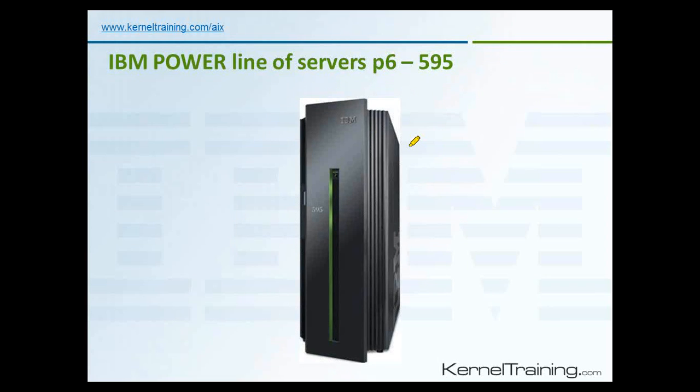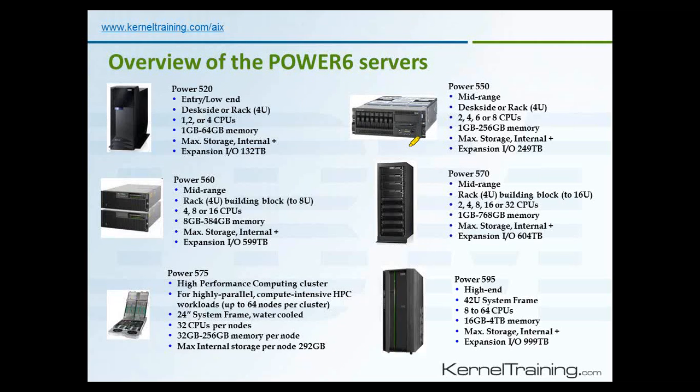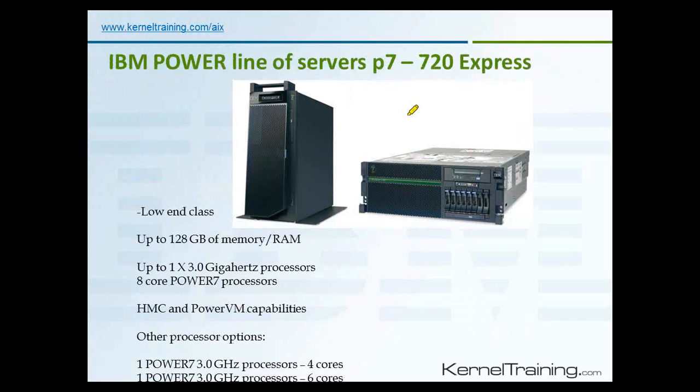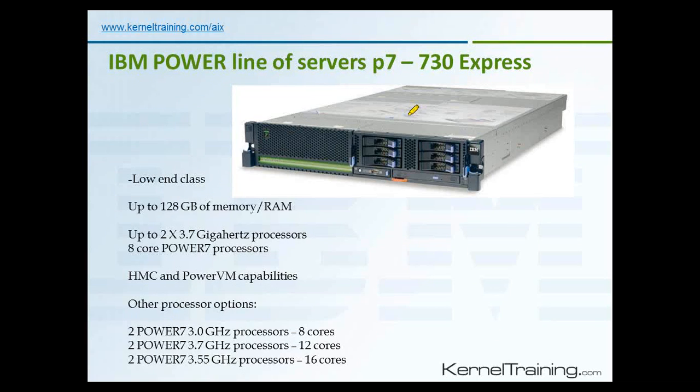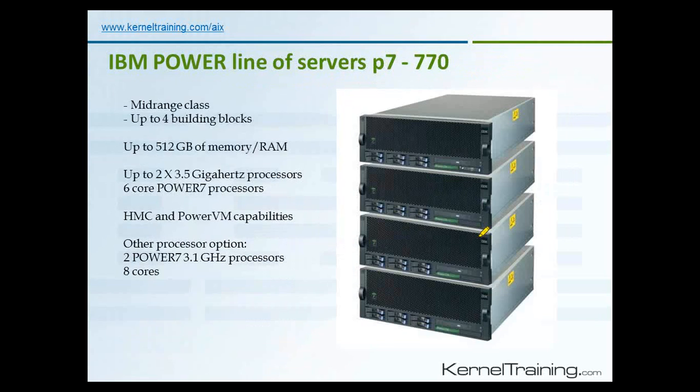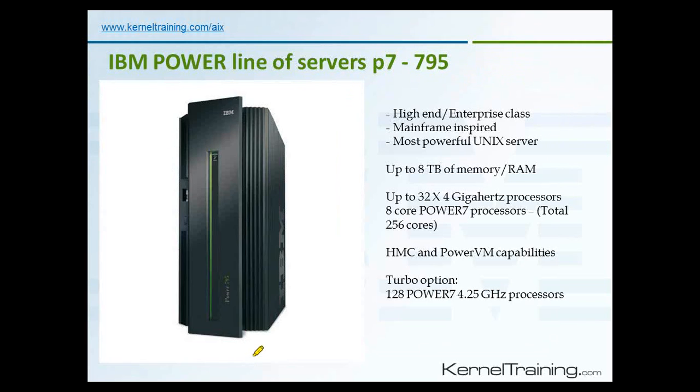Similarly, we have the Power 7 model also. The Power 7 model is also available as a rack model or tower model. 710 is very basic, 720 is a bit basic again, 730 is also basic, and from 740 you will have mid-range servers. Then 770 starts the high-end models, 780 is also a high-end model, and 795 is also a high-end model. So these are the independent physical machines